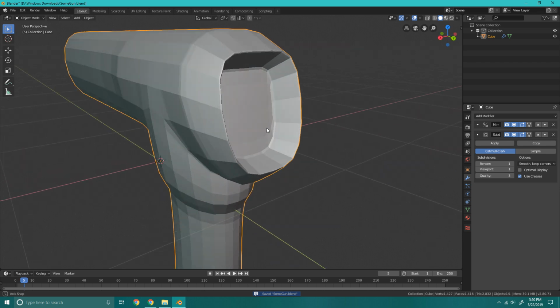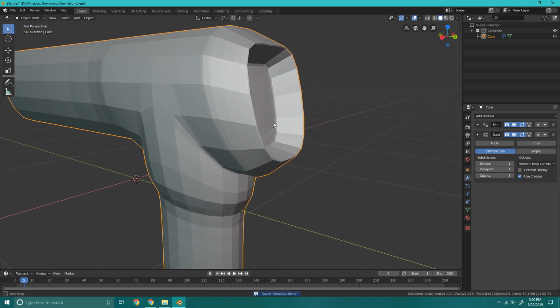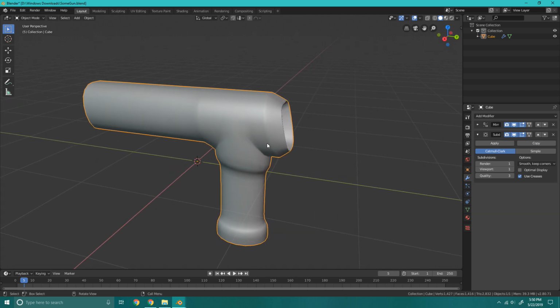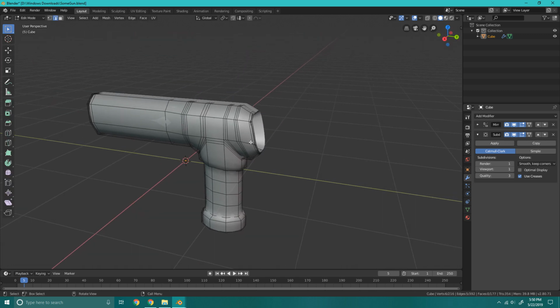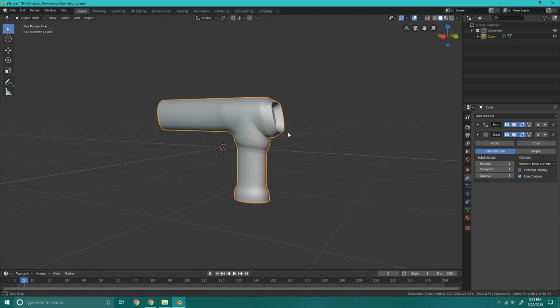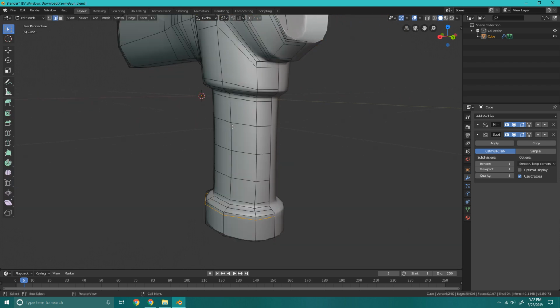So there we go. This just restores back some detail, some edges, some stuff. And now if we smooth it, you can see that it doesn't look all that great here. That's just because we have a lot of edges that are straight, and we shouldn't do that. That looks horrible. I should not be hired to make guns. To make the grip,